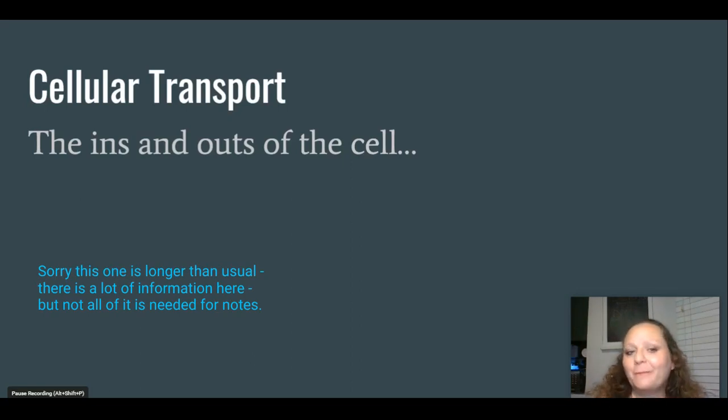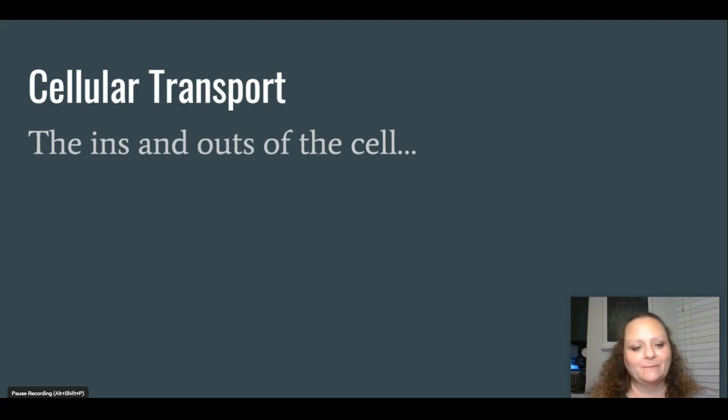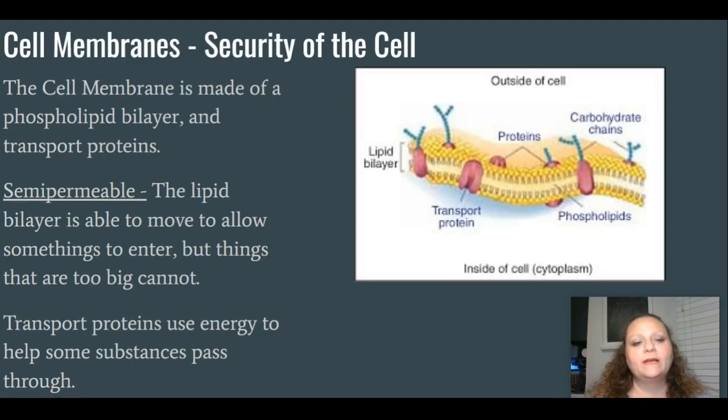Today, we're going to be talking about cellular transport, the ins and outs of the cell. This is how things move in, things move out, and why certain things have to move in certain ways. So, it's important when we start talking about cell transport to understand the cell membrane and how the cell membrane